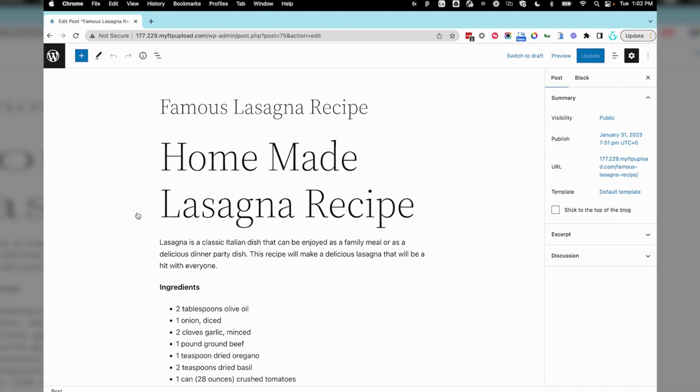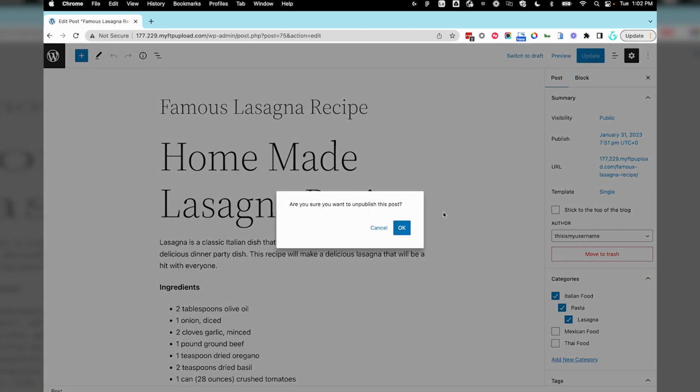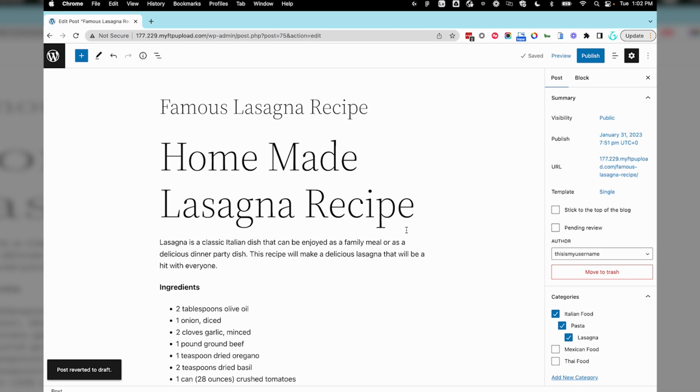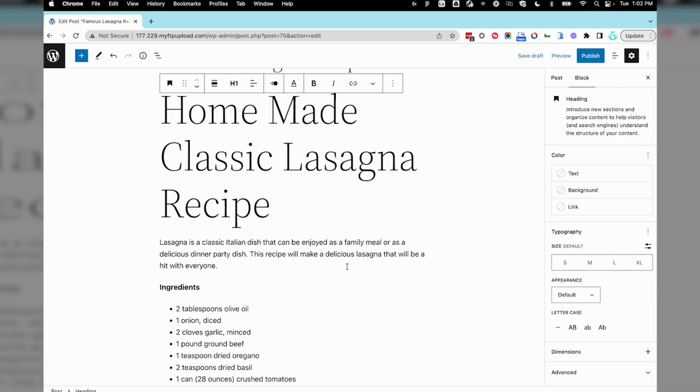If the post is already published, you can choose the draft button, which will unpublish the post, and you are essentially working offline. When you save the changes now, this saves locally and won't show up on your website until you publish again. Let's make a minor text change on my post and save the change.